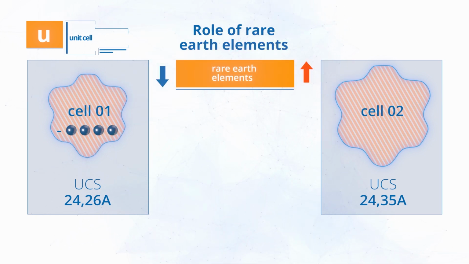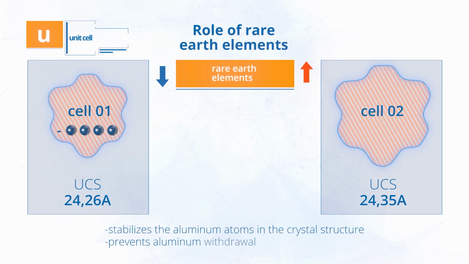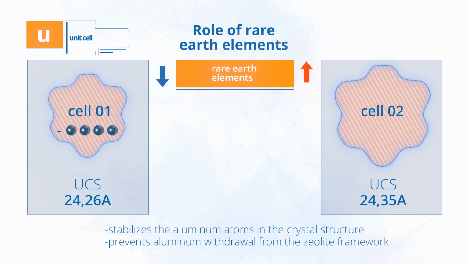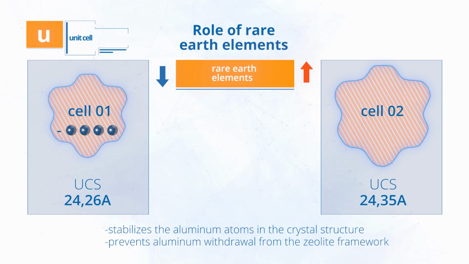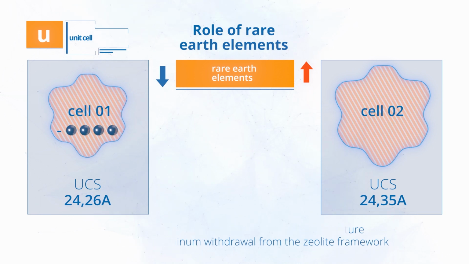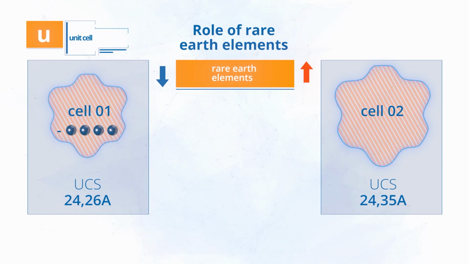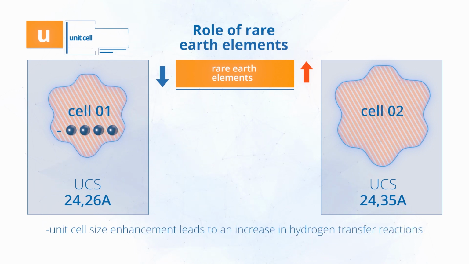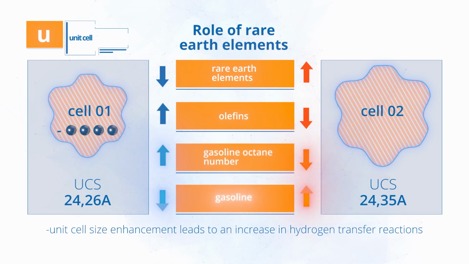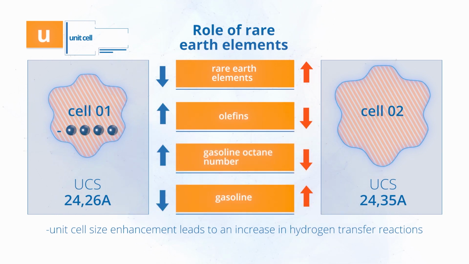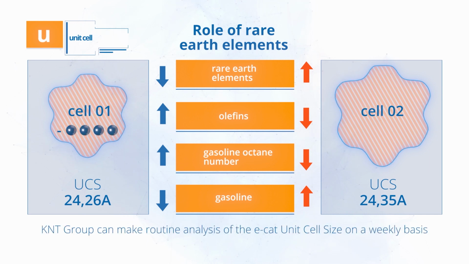The presence of rare earth elements in the acid sites stabilizes the aluminium atoms in the crystal structure and prevents aluminium withdrawal from the zeolite framework during high-temperature exposure in the FCC unit regenerator. On the other hand, unit cell size enhancement indicates that aluminium atoms or acid sites are located closer together, which leads to an increase in hydrogen transfer reactions that results in both lower olefins content and lower gasoline octane number. Thus, increasing the rare earth elements content level in the zeolite cell enhances gasoline yield while reducing its octane numbers